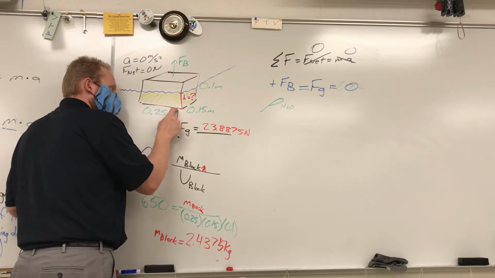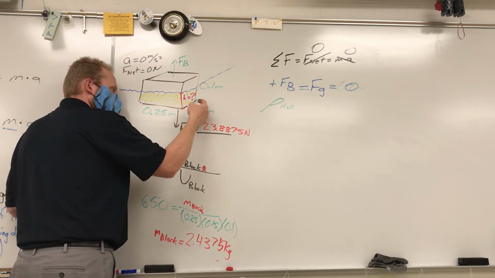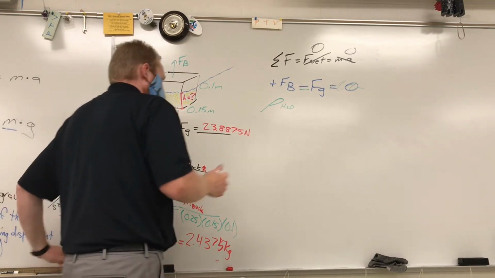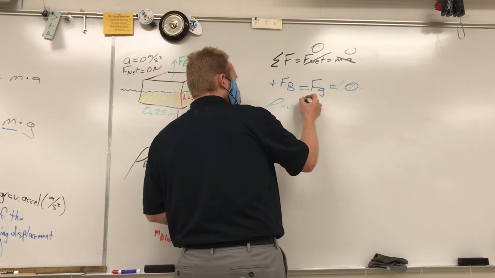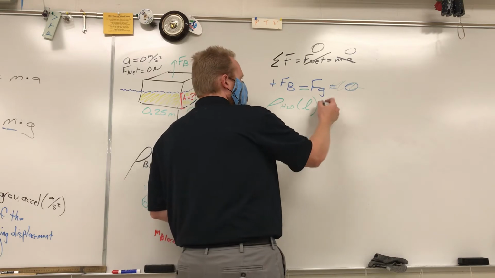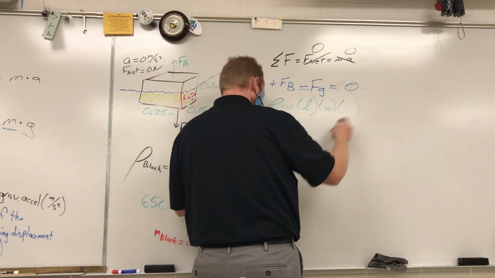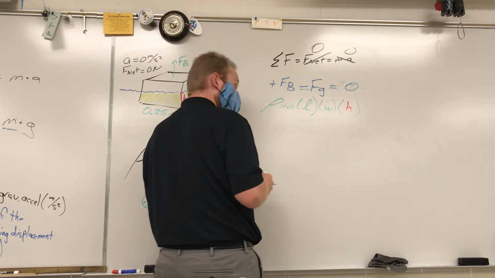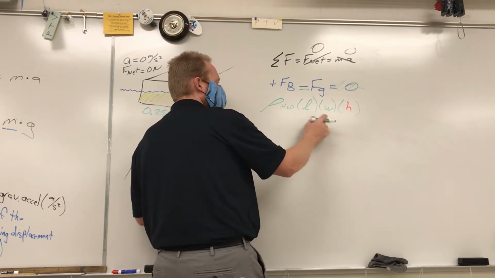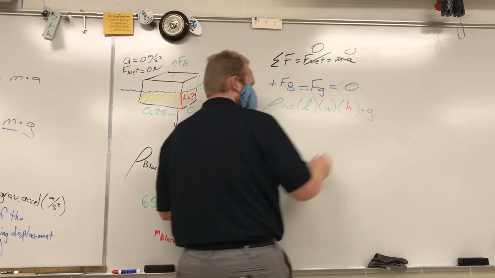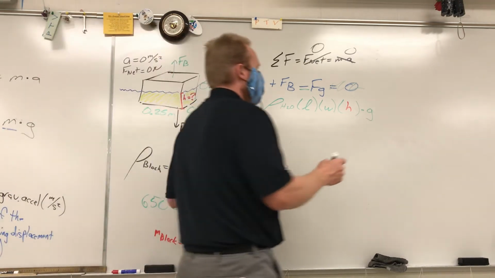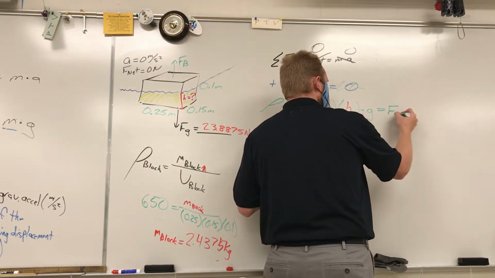So it's the length that's under the water, times the width that's under the water, times my height that's under the water. So I'm going to take my density of water times length, I'm using a cursive value just so it doesn't look like 1, times my width, times my h, which is our unknown that we're going to be solving for. That's where that's coming from. That's what we're solving for. And don't forget to multiply by gravitational acceleration. That's an easy thing to forget sometimes. I forgot yesterday to do it. And that's all equal to